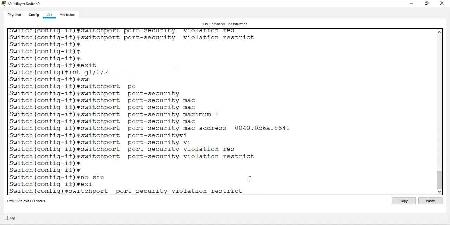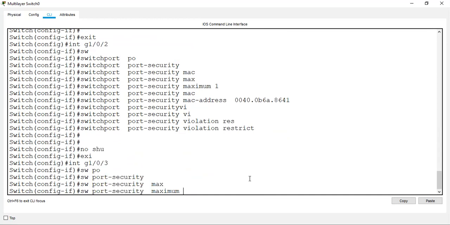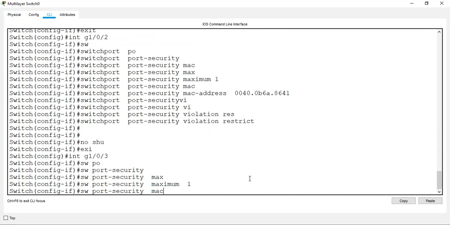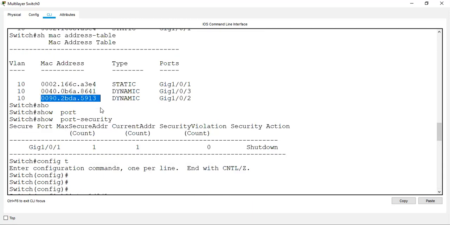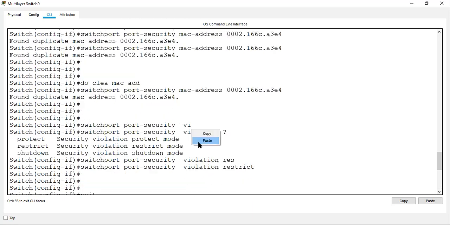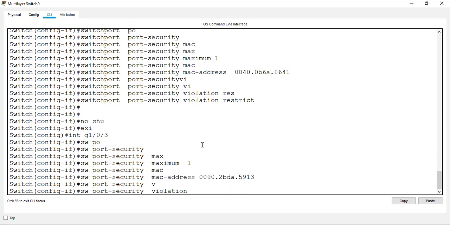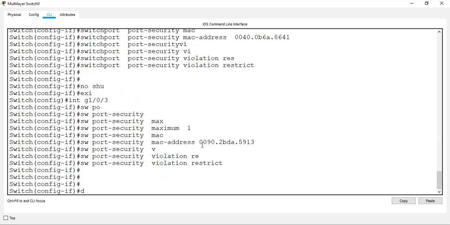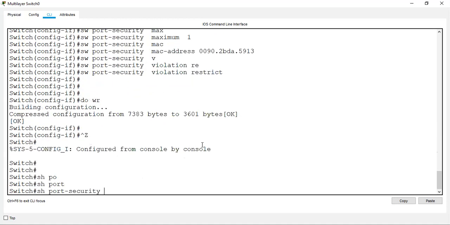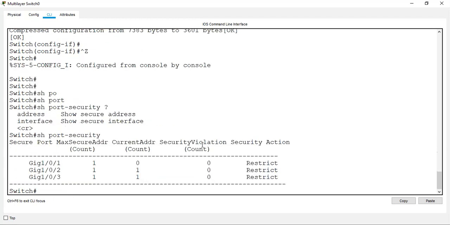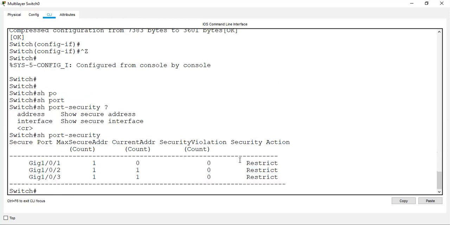Now we'll go to the third port, switchport port-security maximum 1, MAC address, then violation restrict. Do write. Show port security. We can see the 3 ports which we connected and configured as restricted.